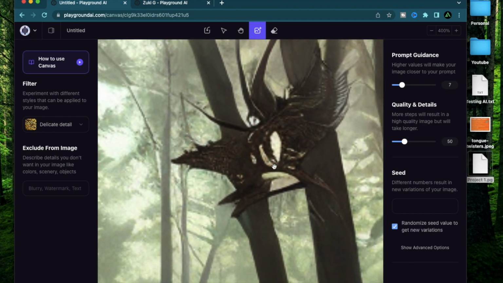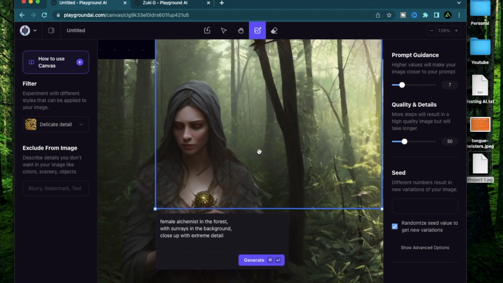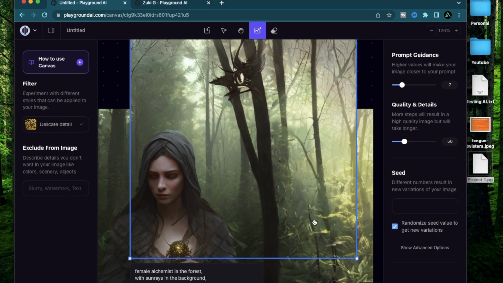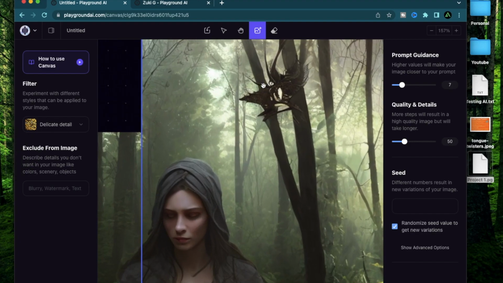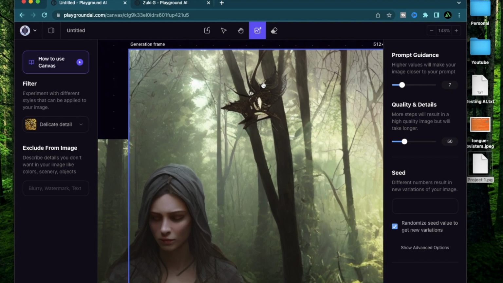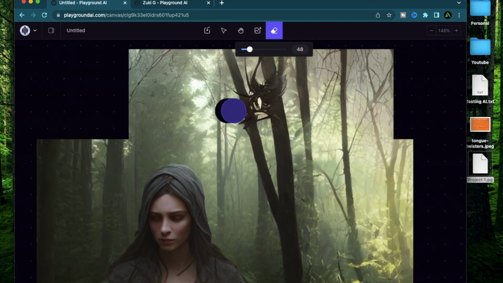I'm not sure if that is a dragon because my prompt did not mention it, and this forest kind of has become more magical than I planned it out to be, and maybe that's because of the sun rays or the alchemist. Alright, now what if I wanted to remove this creature because I don't want that creature here? I can use this eraser mask right here and add some masking just to remove that up